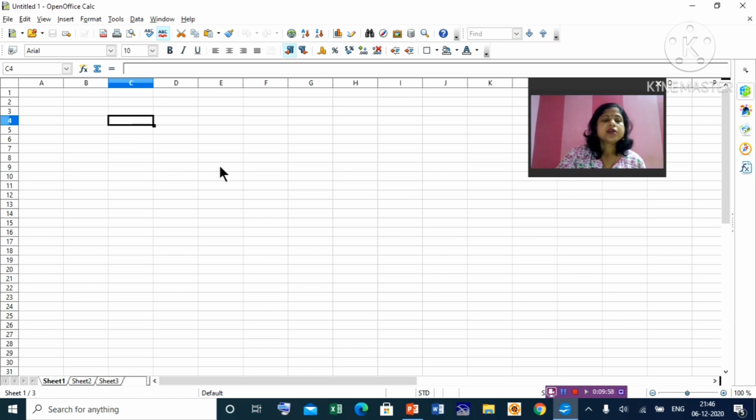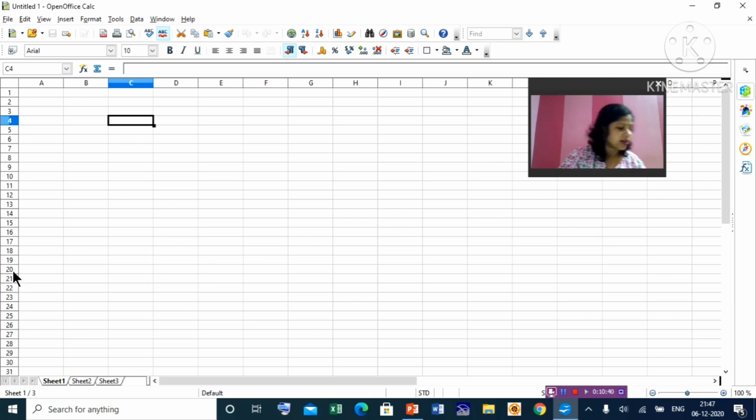Clear? So now see how you can do calculations in a spreadsheet. So this is your sheet 1, this is worksheet 1, this is worksheet 2 and worksheet 3. Means 3 sheets open by default, and if you want you can add more sheets also. But here you see on the title Untitled 1 OpenOffice Calc. This is actually a workbook that opens in front of us. When we will save, we will save a workbook. And a workbook contains the worksheets. And every worksheet in version 3 of OpenOffice has 65,536 rows and 1024 columns.